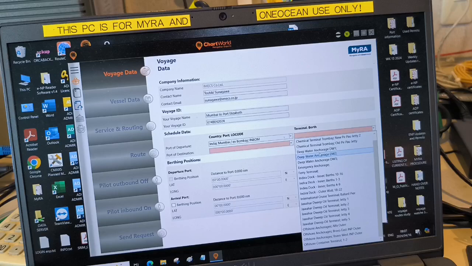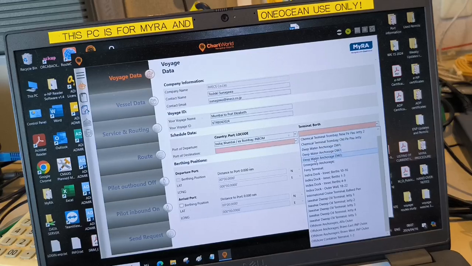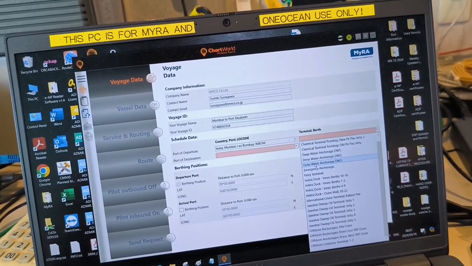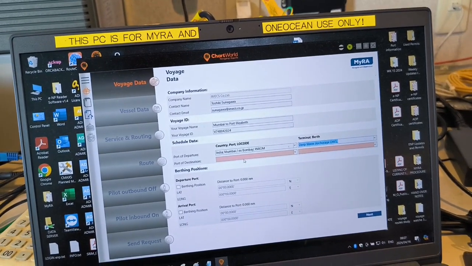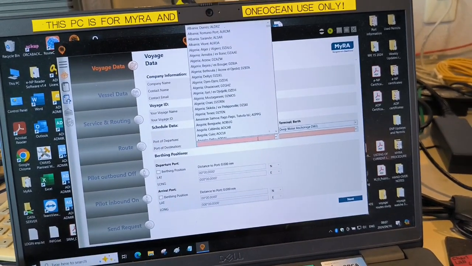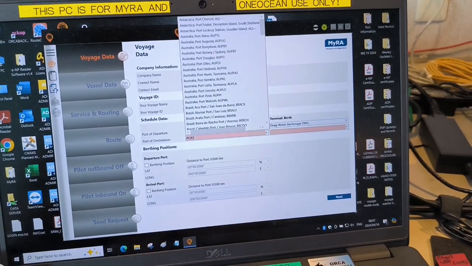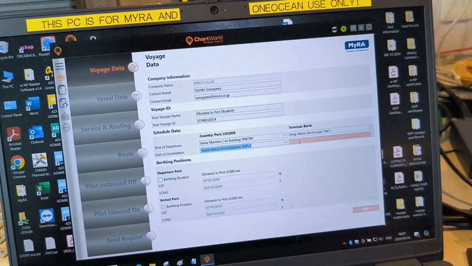For example, this one. And then port of destination, Port Elizabeth, South Africa.